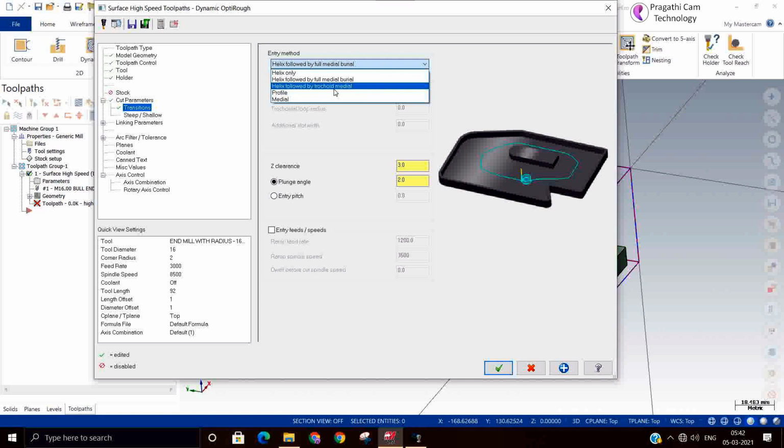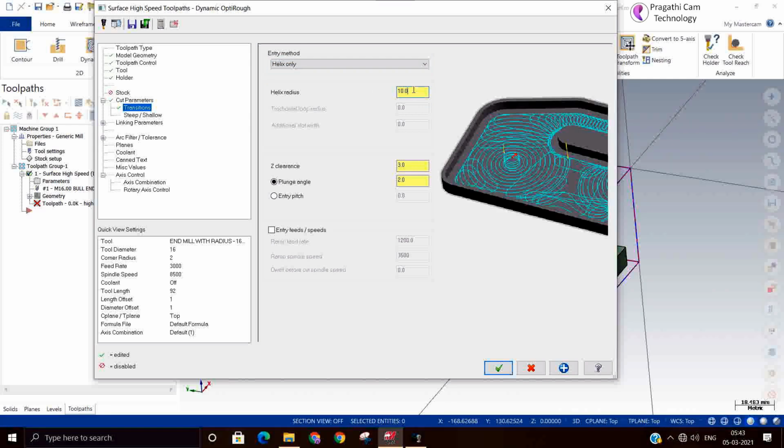These are all the methods of entering the material. You keep helical, or how much helical you need. What is the radius? What is the angle of entry helical? How much Z clearance do you want to keep? These things you can give here. Entry.